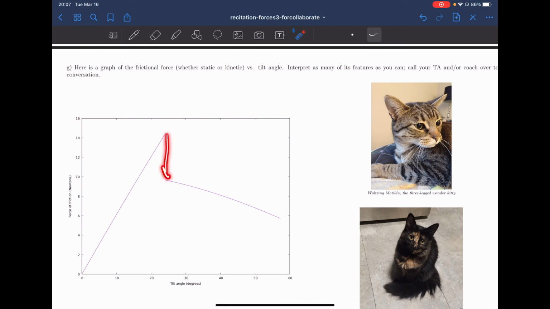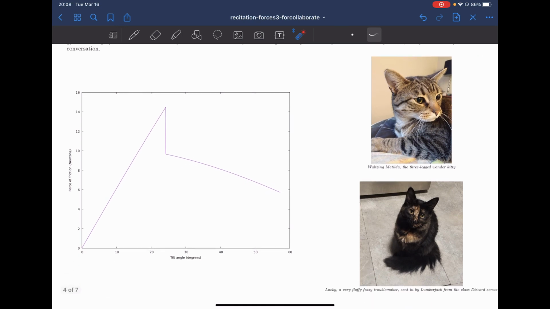So there's this jump, this discontinuity, where the force of friction drops, the coefficients change, we go down to kinetic friction, and we start to decrease. So as we increase the angle greater and greater, we need less and less. The force of friction becomes less and less